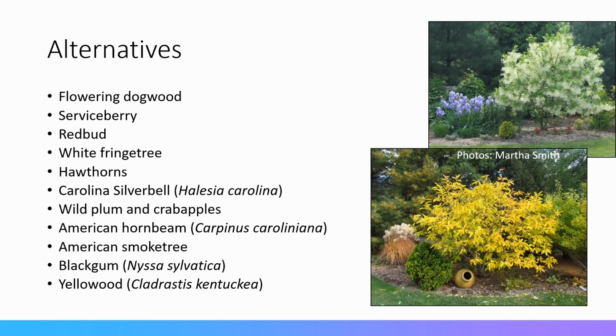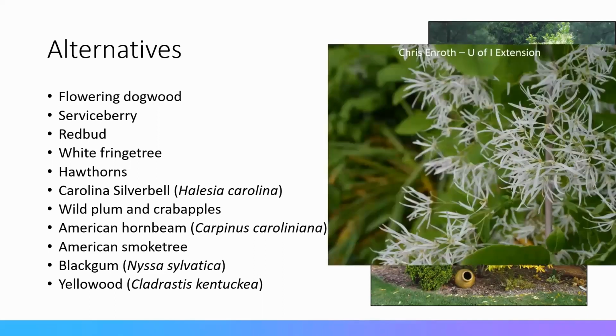It has lovely, lacy, delicate white flowers in the spring. Those flowers will turn into a dark blue to black fruit that the birds will eat in the early summertime. And then there is a little bit of yellow fall color on this tree. It stays in a nice, good rounded form in its habit. And again, here's a close-up picture of white fringe tree. The flowers right there. It's a lovely tree. I really like it, but there's a lot of other ones out there.